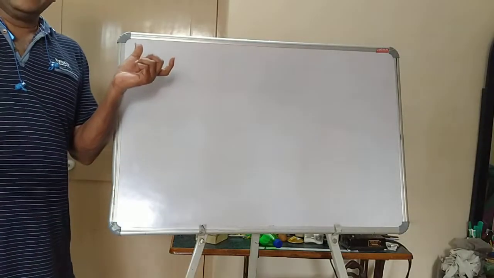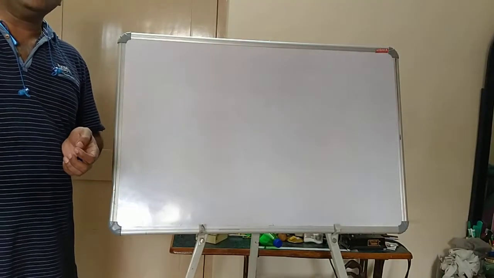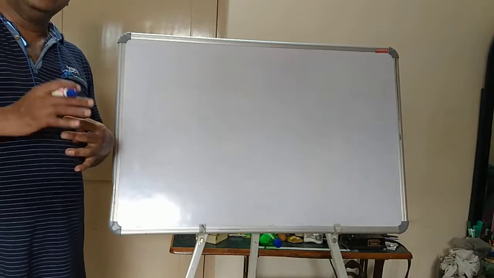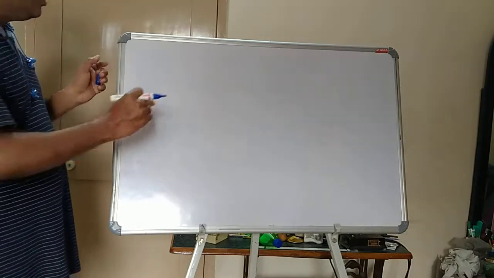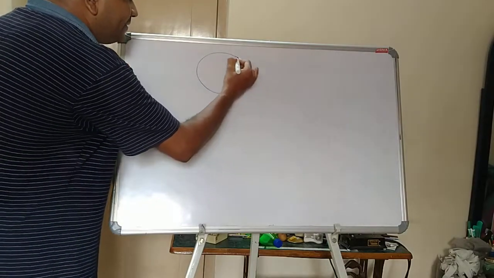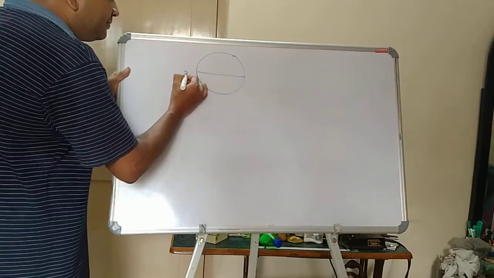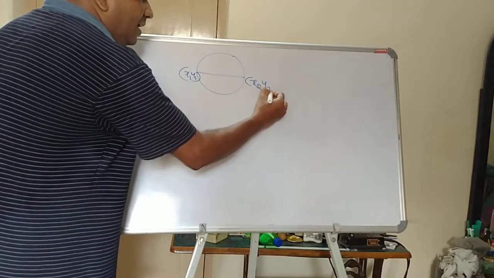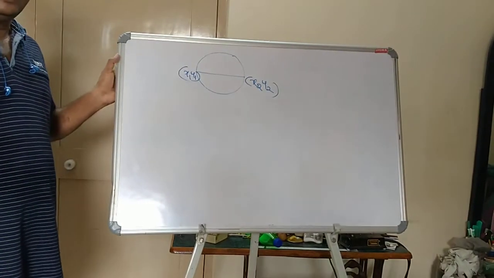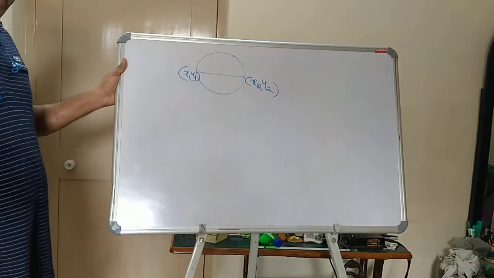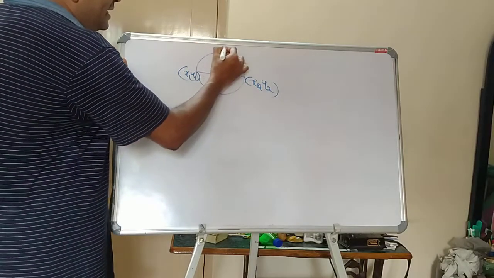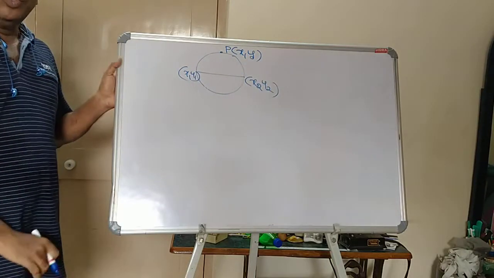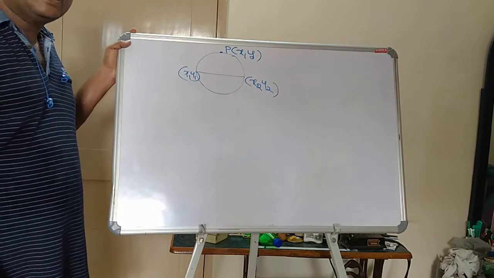Now, x1, y1 and x2, y2 are end points of the diameter of a circle. We have to find the equation of the circle. Let us take P(x, y) as any point on the circle, and we know that the angle in a semicircle is